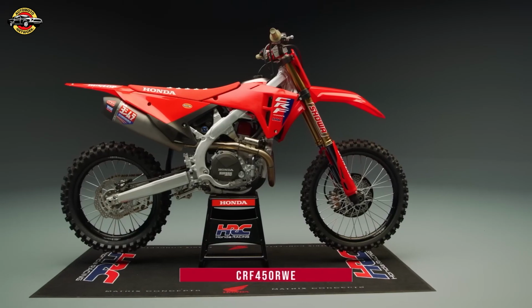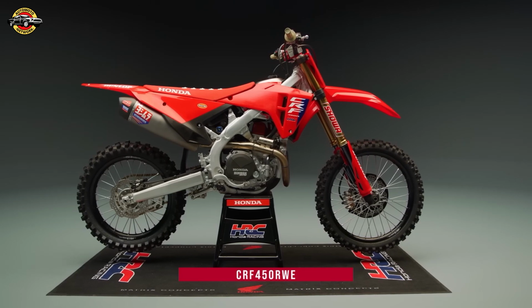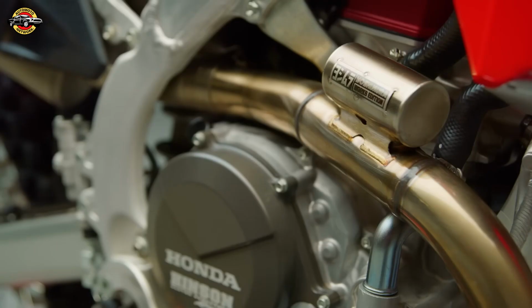The rest of the CRF performance family benefits from these updates as well. For riders seeking the ultimate motocross machine, the CRF 450R WE features all of the advancements of the 2025 CRF 450R, but with top-shelf componentry and upgrades inspired by the Team Honda HRC factory race bikes of Jett Lawrence and Hunter Lawrence. Enhancements designed to elevate the experience on the track include a stainless steel Yoshimura exhaust, hand-polished cylinder ports,